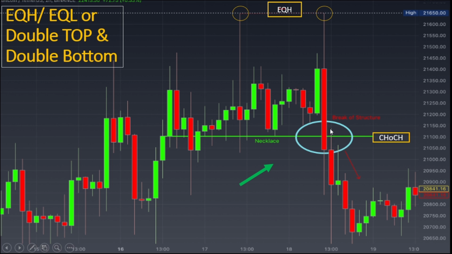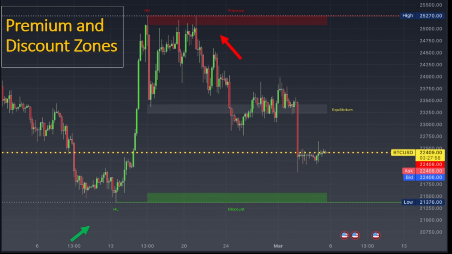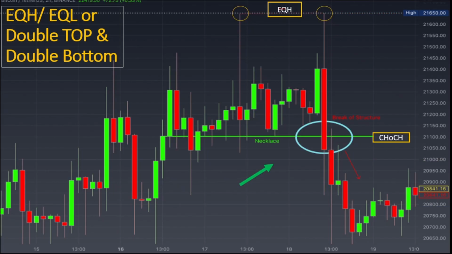However, keep in mind that while EQH and EQL patterns can be useful, they don't always lead to significant price movements. I personally use EQH and EQL primarily to identify strong support and resistance levels, rather than relying on them alone for trading decisions. They can also be helpful for spotting potential trend reversals, especially in major support and resistance